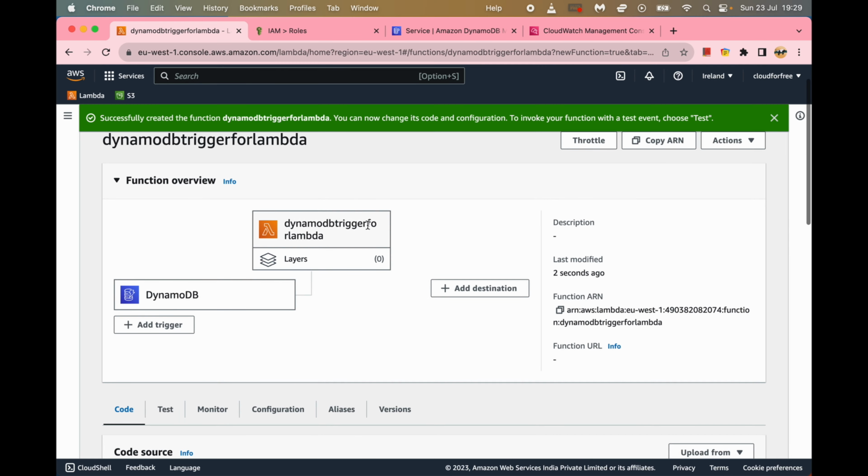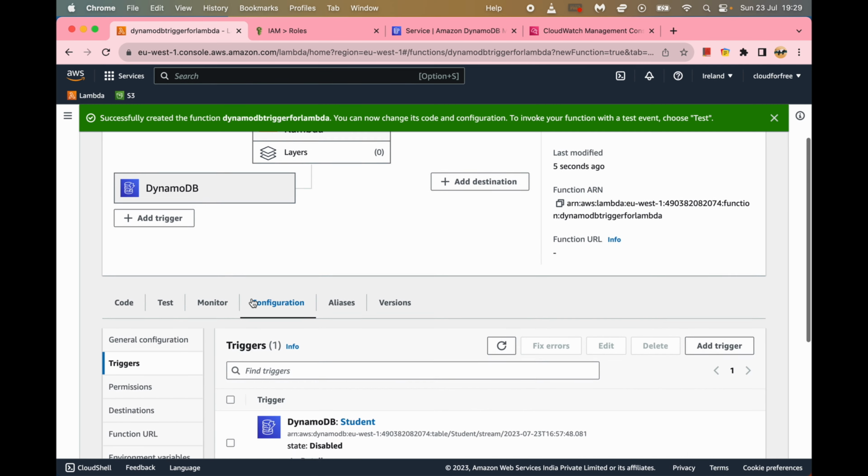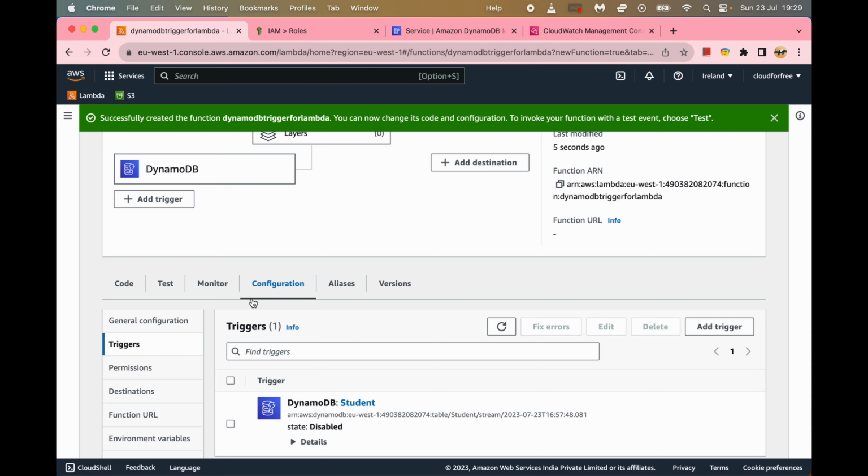Yep, as the function is created, we will add a trigger,